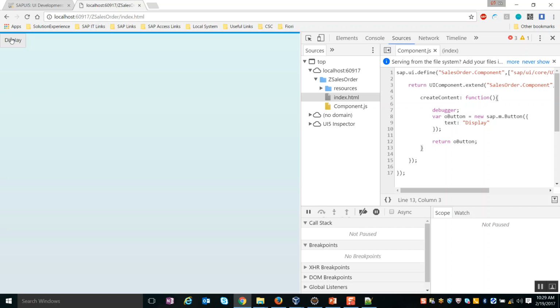But what we generally do in real time is that inside the component we will be placing a root view which will act like a window, and within that root view we are going to place multiple content from multiple views, and we are going to navigate among them. So in the next session I will extend this application further, and we will create our root view as well as look into some more things.